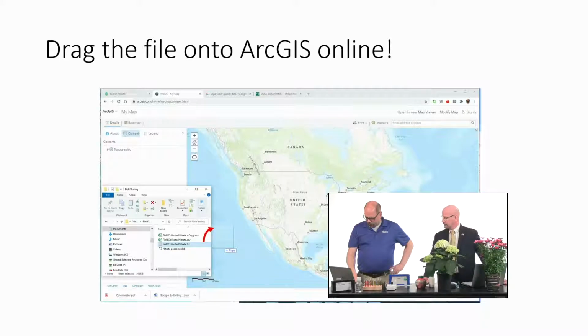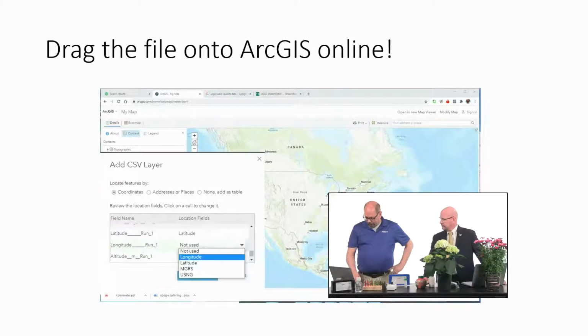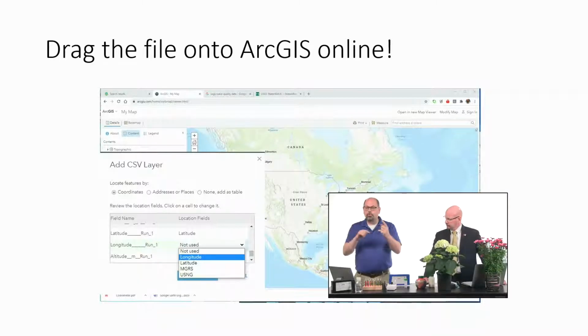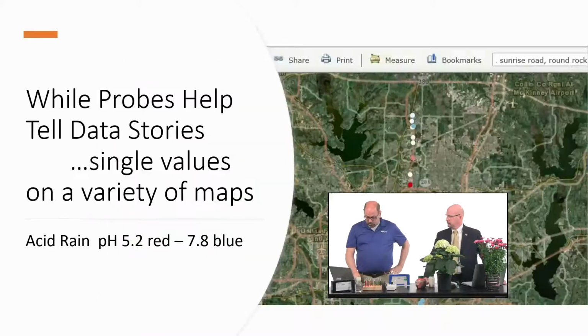I know they're going to have a little update, but that's still fine and it's working great so far. I'll go ahead and put that into the computer, and a pop-up will say, oh, I see you have something called latitude and longitude that you have to find and say, use those two fields. On the left side, you see all the column names, stuff like what's the red absorption or the nitrate. Find the one that says latitude and longitude, and if you tell the computer, use those two numbers as latitude and longitude, what you'll get is, and I've already shown you the nitrate values across town, so here's